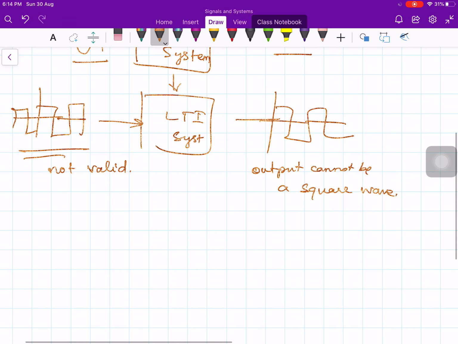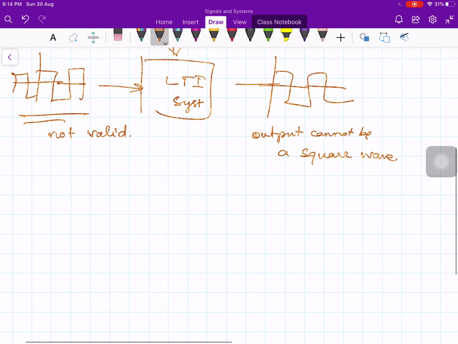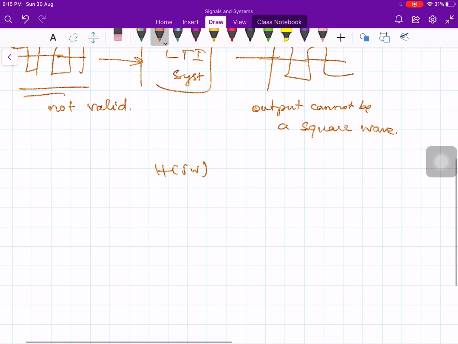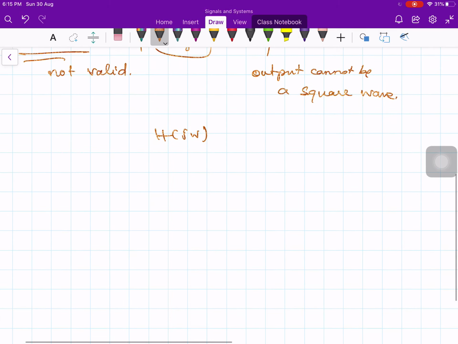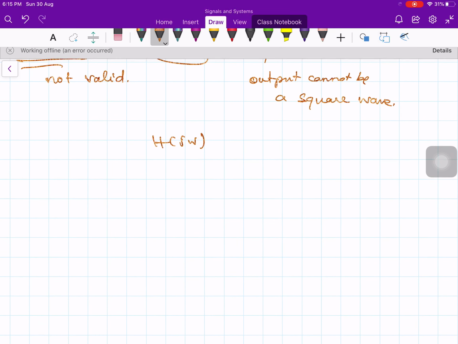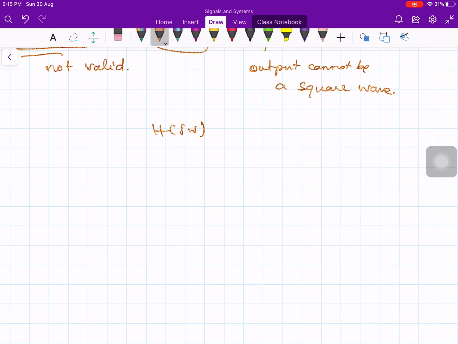And once this particular property is satisfied, we brought in additional concepts like the frequency response H of j omega, and then the impedance concept, output divided by input or input by output, which simplifies the analysis of linear systems which are driven by sinusoidal excitation functions. Now this naturally led us to inquire how we can analyze the linear system when the LTI system is driven by